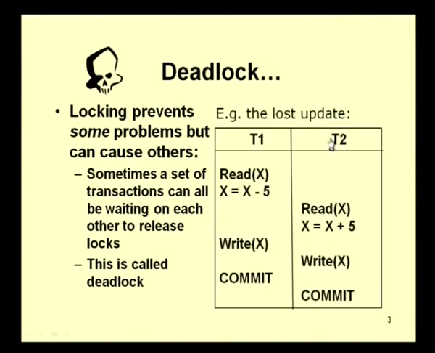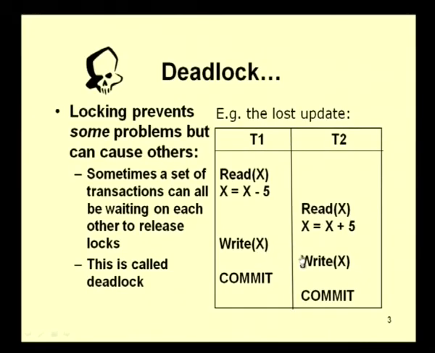Example of the lost update which we have discussed in the last class. Now, here, read x, x equals x minus 5, transaction 1 is reading x. Now, transaction 2 is reading x, this is allowed. Now, transaction 2 is writing x. Before this commit, transaction 2 is asking for write. Now, this transaction 2 cannot write. If it cannot write, it will not commit. So, these transactions T1 and T2 are waiting for locks. This lock cannot be got if there is a read here, and this cannot commit until it gets this write. For this write to be got, this has to be released, and so on.